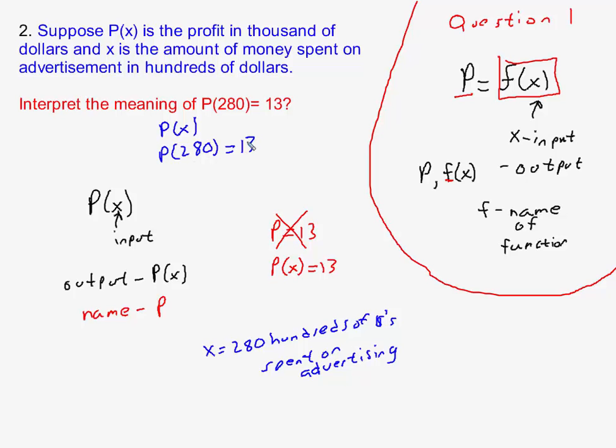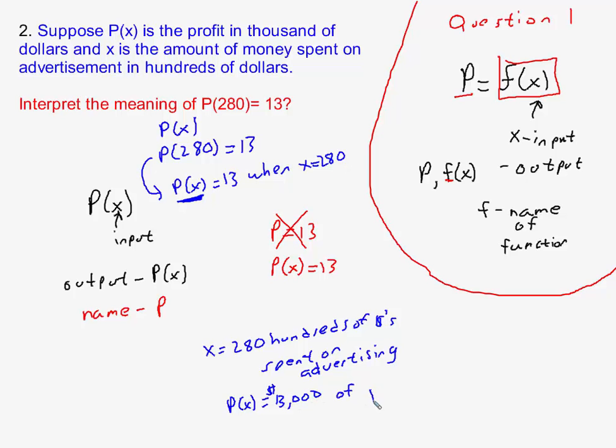You can think of this statement as saying that p of x is 13 when x is 280. So the only way the output is 13, and notice I'm thinking of this whole thing being the output, not just the letter p, the only way the output's 13 is specifically when x is replaced with 280. However, the solution to the problem would be the same, that the profit would be $13,000. So p of x equals